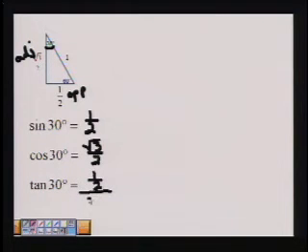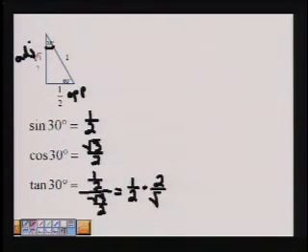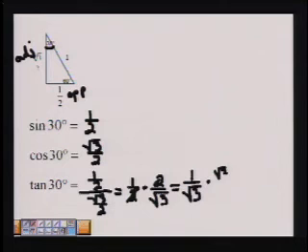divided by the adjacent. So I want to simplify this complex fraction. We take the 1/2, and dividing by a fraction is the same as multiplying by its reciprocal, meaning flip that over. Now my 2's cancel, and I have 1 over radical 3. And some people use that to represent the tangent for 30 degrees, but sometimes we want to get the radical out of the denominator. So again, I can multiply the top and bottom both by radical 3, and I get